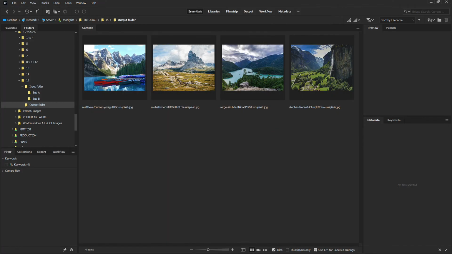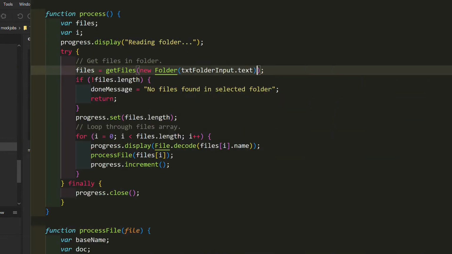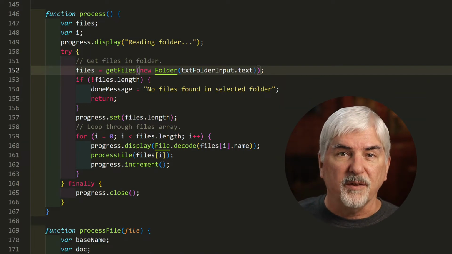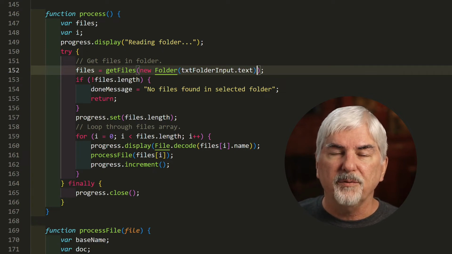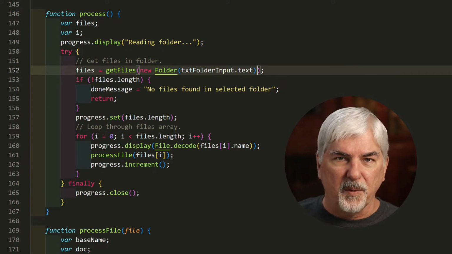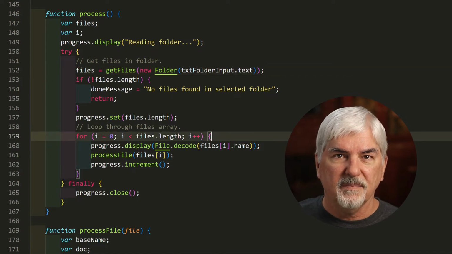However, you might be quick to notice the files are output to a single folder. We've lost the original folder structure. That might be fine, if that's all you need, but maybe not. Here's how to keep the folder structure. Inside the files loop, we need to know if the file is in a subfolder. Do this by getting the file path, then remove from it the input folder path. If nothing remains, the file is in the input folder. But if it's in a subfolder, the additional subpath remains.